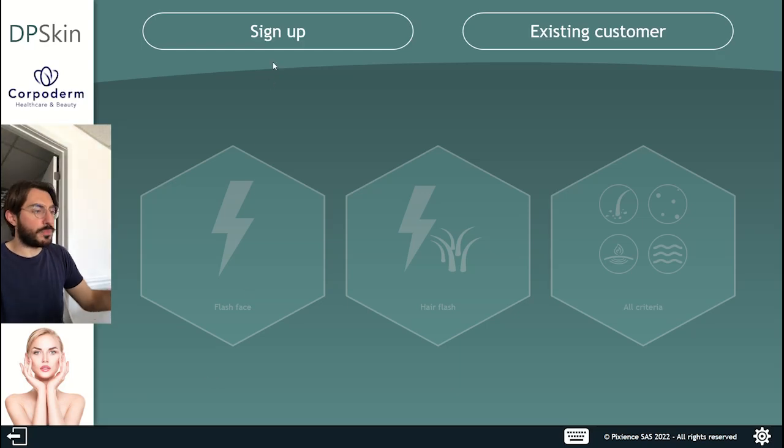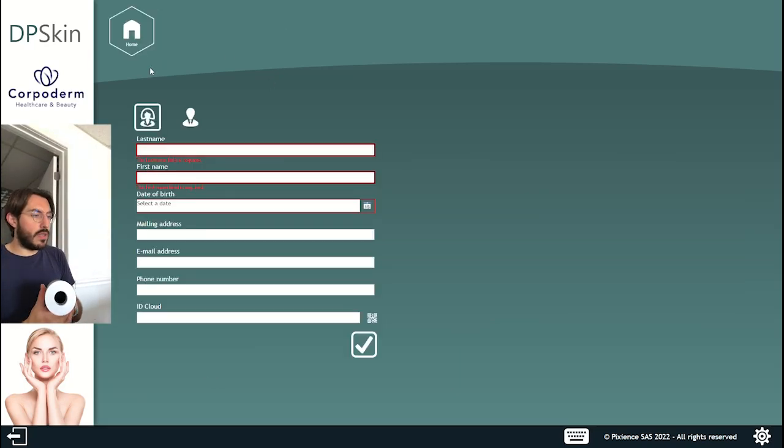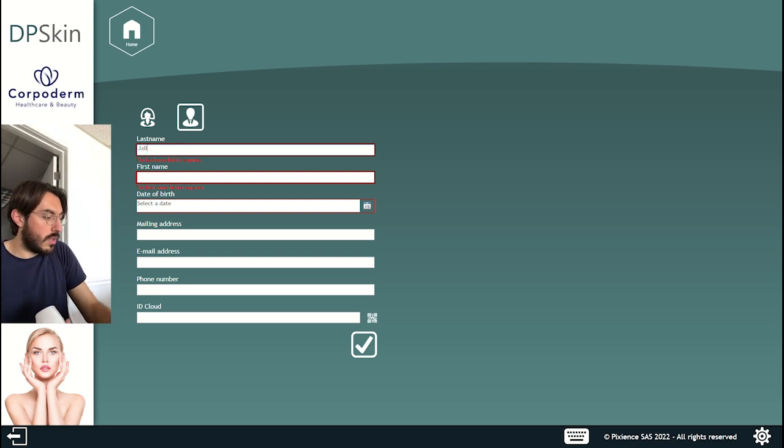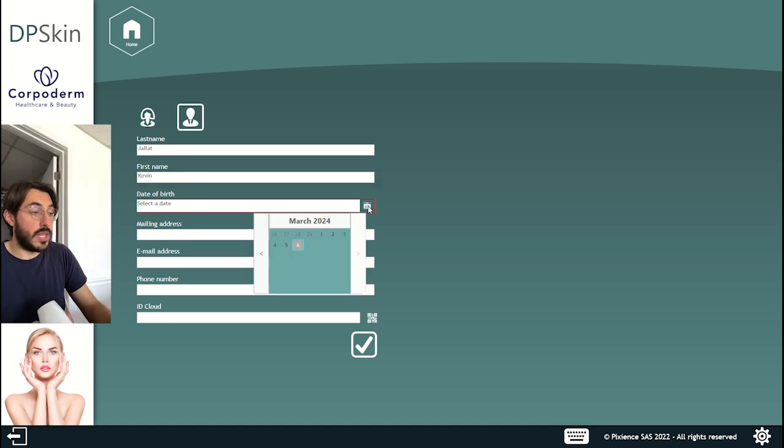So I'm gonna start by looking at the sign up option. So I'm a man or I'm a woman, I identify as a man, so I'm gonna enter my last name, Jara, my first name Kevin, date of birth, okay, pretty simple,